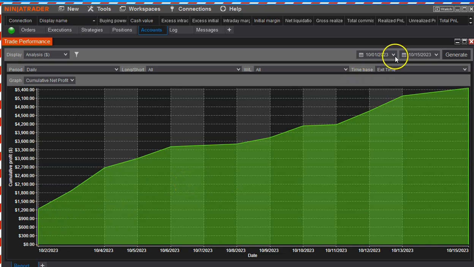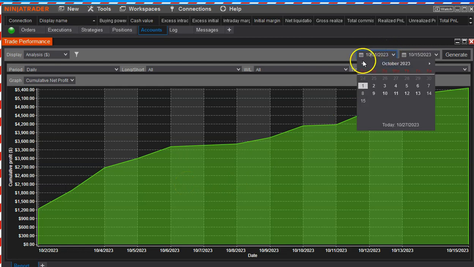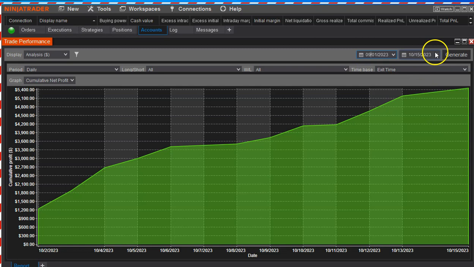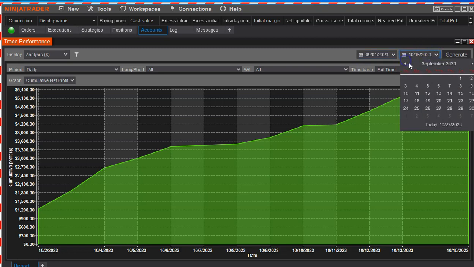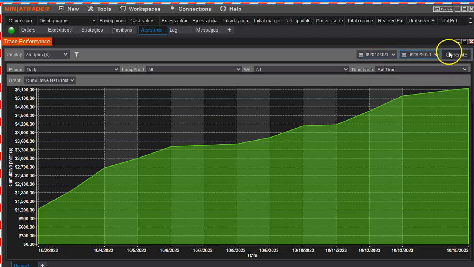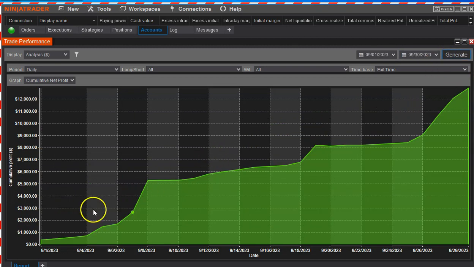If you want to change the dates, let's say you want to look at the beginning of September to the end of September. Let's see, that's 30 days. Hit the Generate button, and then you can see that it automatically takes you back to the 1st of September to your designated times. So it's an easy report to get to, and it's certainly worthwhile to keep an eye